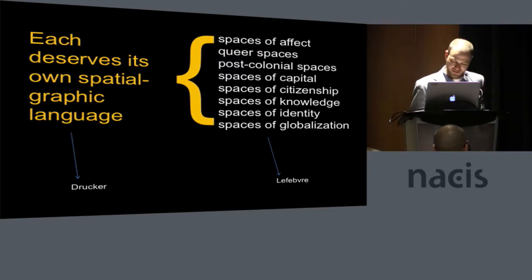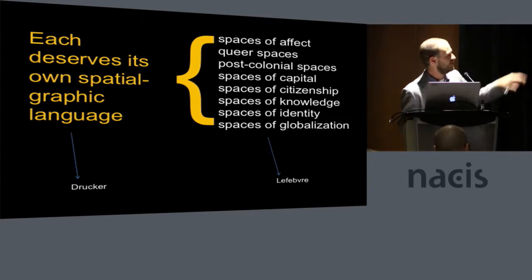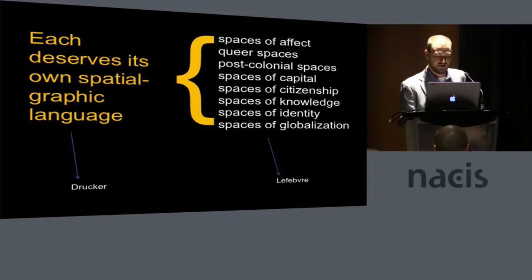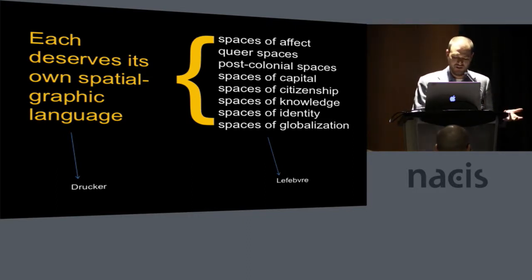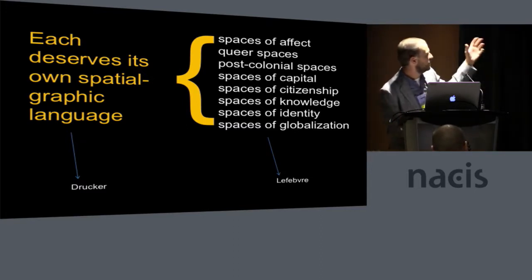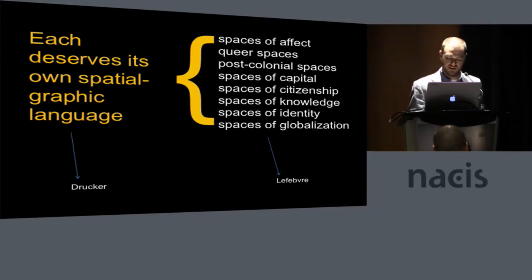Cool. Thanks, Alex. Yeah, so the idea is if we go back to the root of Lefebvre's idea that there are these many spaces going on, and then wed that to what Drucker is trying to say, could it be that each one of these spaces deserves its own entire graphic form, in certain cases at least, or their own spatial visual language? So Lefebvre is on the right here, many spaces. Drucker is on the left here. Each one of these maybe would benefit from having a different visual graphic language.